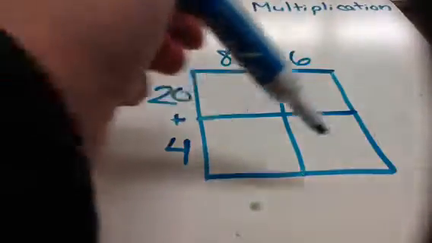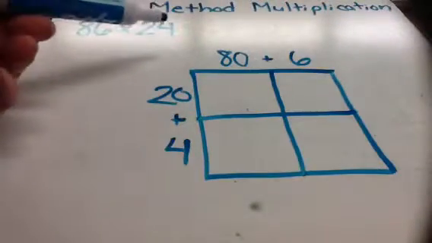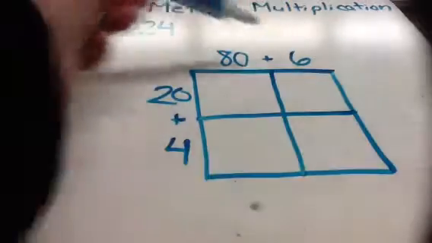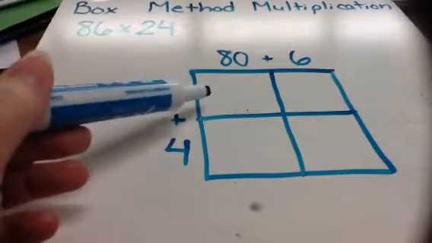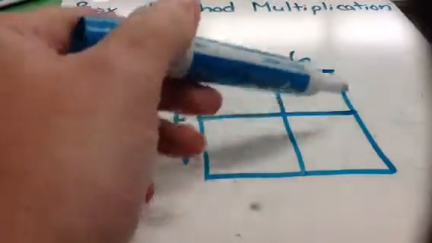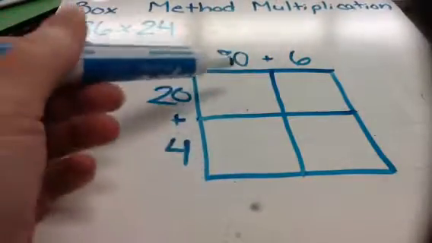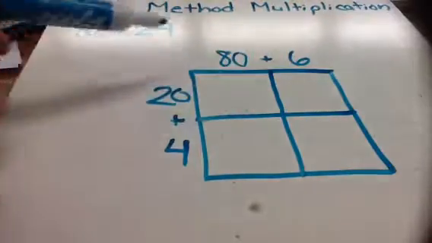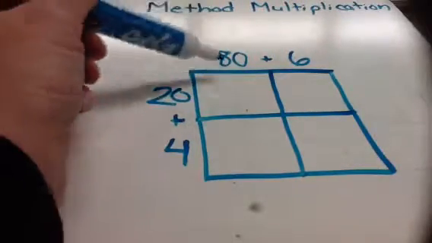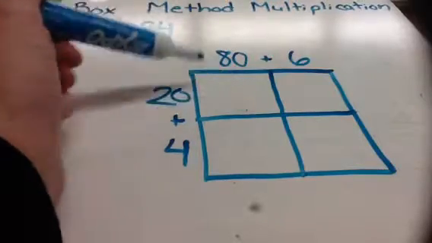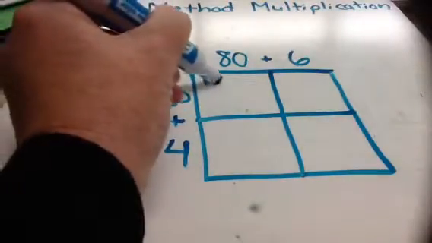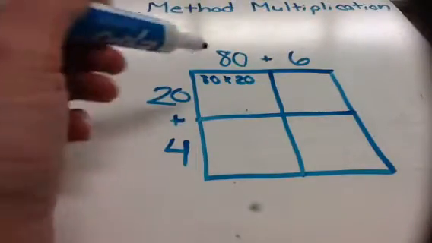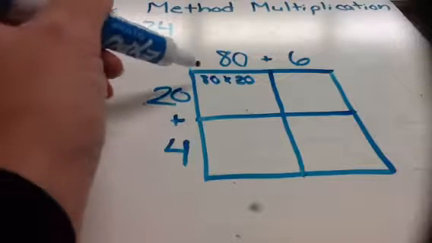After I have my box drawn and I have separated my 2 numbers into their expanded form, then I'm going to multiply for each one of these boxes. For each box, you multiply the number that is on top of it and the number that is beside it. For this first box, I would multiply 80 times 20. And if you want, you can write that really small in the box, but you don't have to. For this video, I'm going to write 80 times 20 in the box, so we remember we're multiplying 80 by